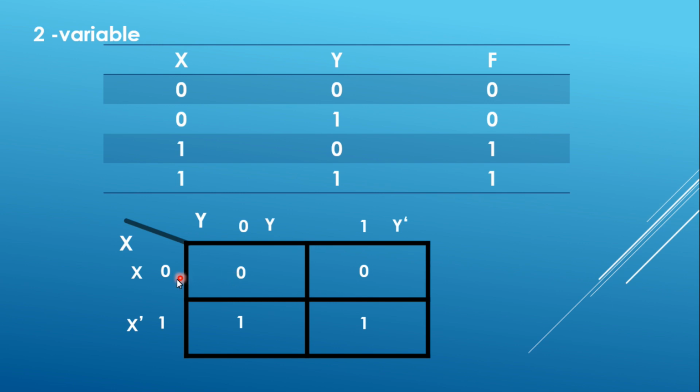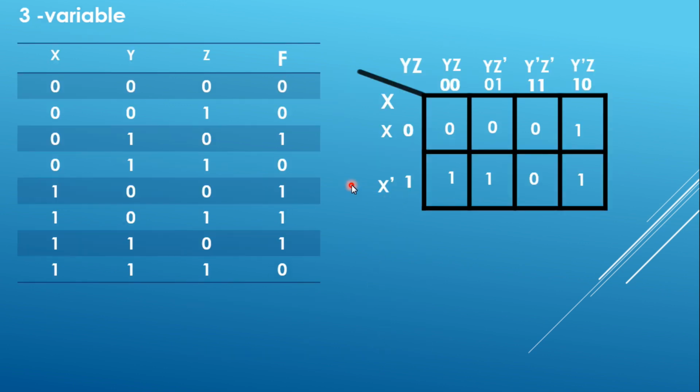Now when it is 0 0, you have to put a 0 here. When it is 0 1, you are again putting a 0. And the rest are ones. Whether you put these ones or not is your wish; it is not important to write them. This is a 3 variable map. You can see x and here yz. The only thing to be remembered again is that 0 means x and 1 means x bar. Similarly for yz, when it is 0 0, it is y plus z; 0 1, y plus z bar; when it is 1 1, y bar plus z bar; and when it is 1 0, it is y bar plus z.